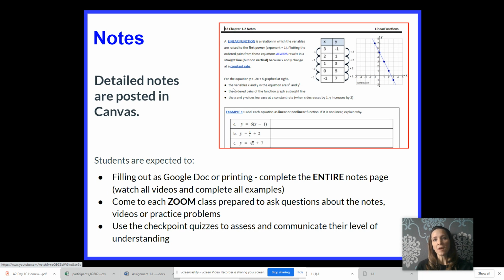So students should be going through the notes every night. The notes are interactive. They should be able to read the notes. Each thing in blue that is underlined is a hyperlink to a video or a website where they can get more information or more help. If they really don't understand how to do something, they can highlight it in yellow and bring it up at the next Zoom meeting where I'll cover it in detail.